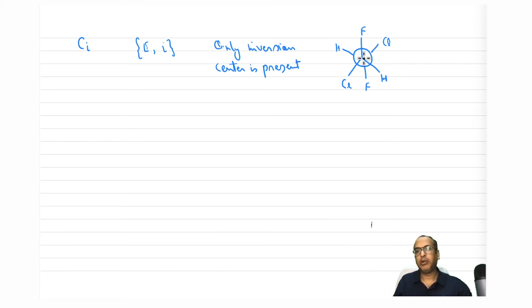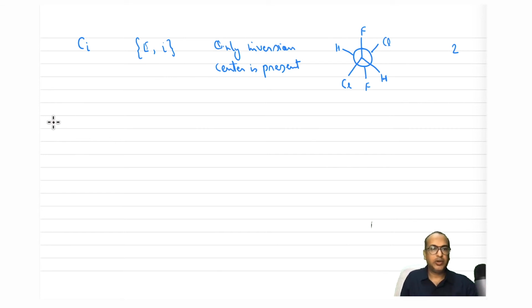There is no other plane and no rotation axis. The order is again 2 because the two elements of the group are E and i. So this is all for non-rotational point groups.